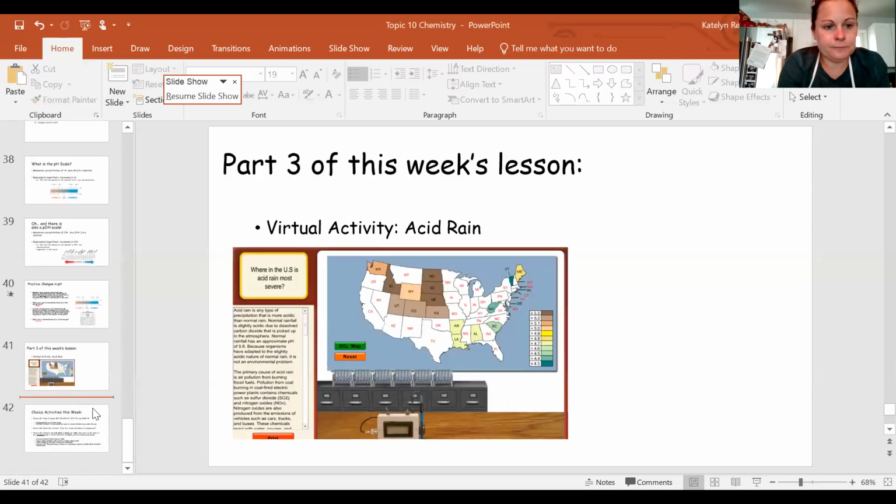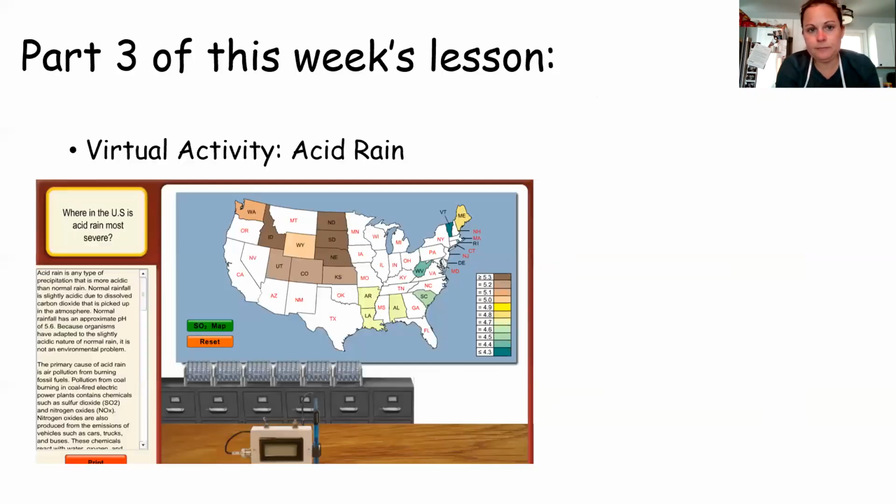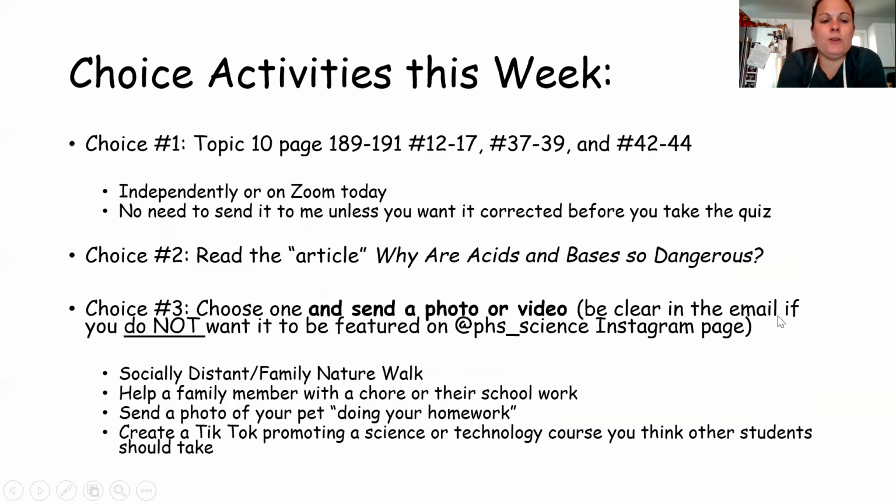All right, last thing to explain is your choice activities. I'll be available today on Zoom. If you want to continue doing review book questions, I didn't assign you very many this week since you have 3 parts to this lesson. If you want to complete topic 10, page 189 to 191, you can do numbers 12 to 17, 37, 38, 39, and 42 through 44. I'll put an answer key up so you can either check them yourself